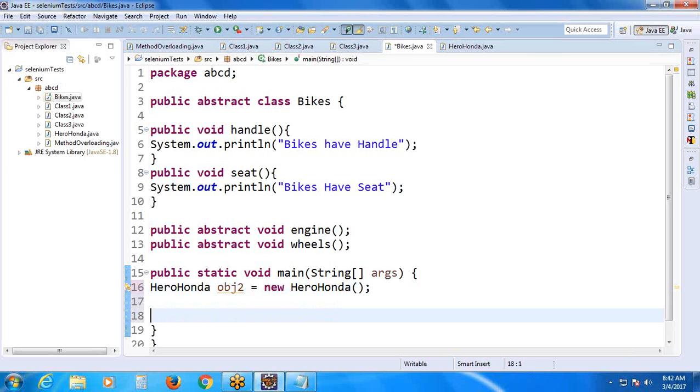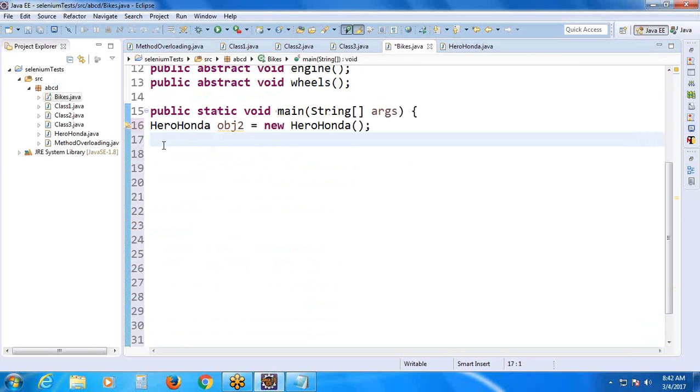Observe this concept, Vijay. Reverse engineering. Observe. We are going to create an object using the child class. Why? In the child class only we completed the abstract methods. Suppose